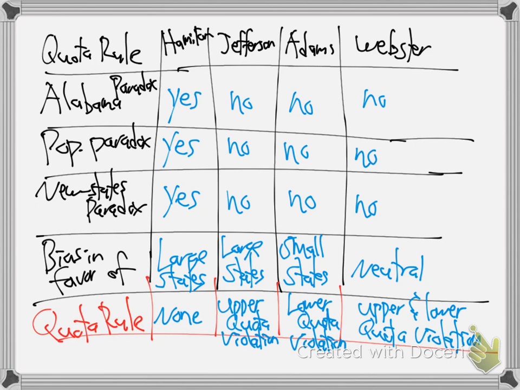The three paradoxes we just talked about, right? The Alabama, the population, and the new states. Notice that Hamilton can do those bad things. But Jefferson, Adams, and Webster will never do those weird, bad things. That's why they started changing methods, because Hamilton could do the weird things, they just discovered it. Alabama got some extra representatives, and like with the candy bars with the kids, right? There's 12 candy bars, not 11. All of a sudden, Cindy's losing one. How could she get 1 when there's 11 candy bars, and then she loses it when there's 12?